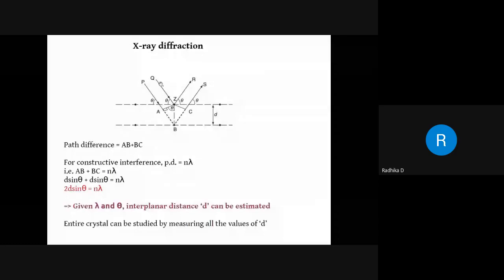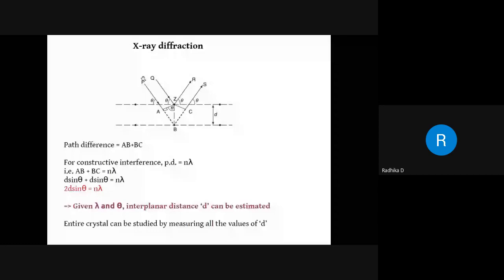It is coming in this particular direction, QZ, hits at this atom, gets diffracted, goes in the direction of ZR. And then there is another ray coming here, which is actually going towards the second plane, which is at the bottom, hits this atom at B, diffracted. If you see, actually, the second ray, that is the one which has gone and hit at the bottom plane, has traveled more distance than the first one, which went just from this QZR direction. The first one traveled a shorter distance, while the second one traveled a longer distance.